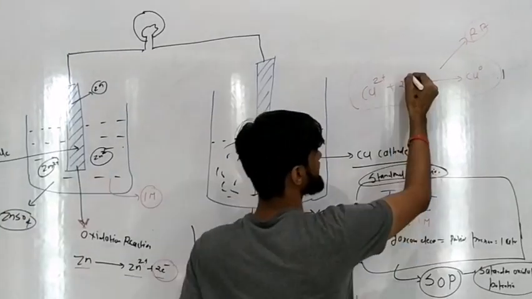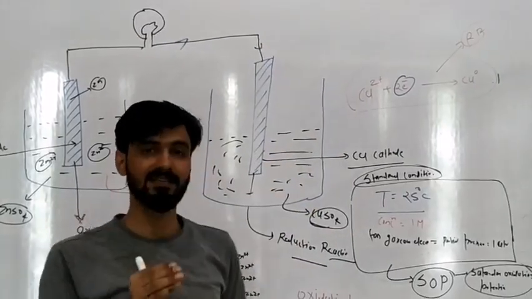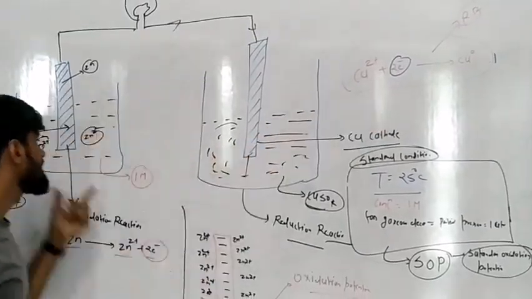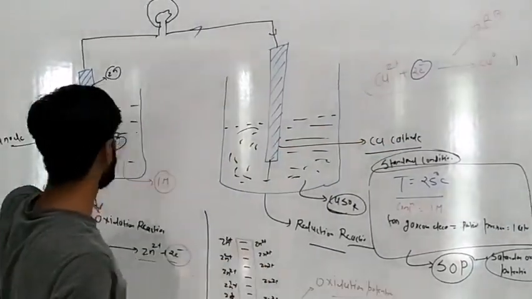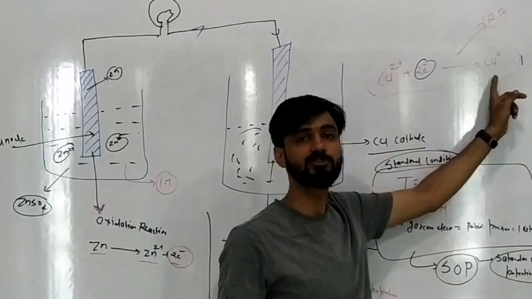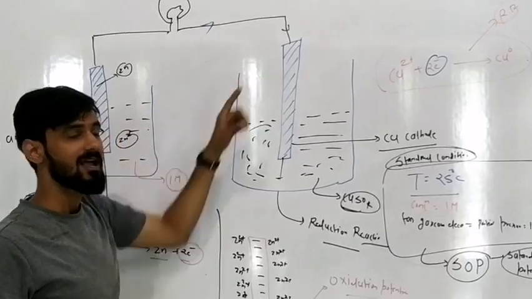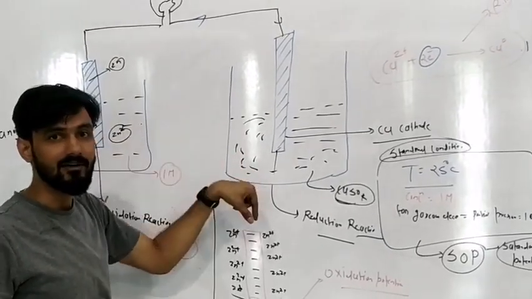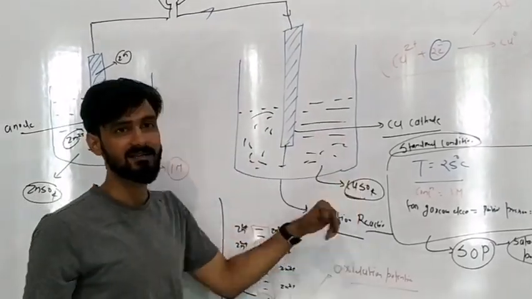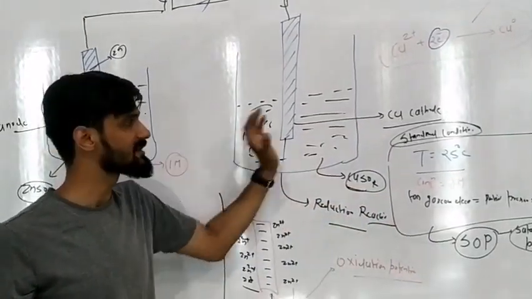My dear friends, understand one thing. If the electrons are coming from the anode, there must be a sink that will accept them. So the cathode works as the sink and the anode works as the source. The two electrons lost by the zinc are accepted by the copper 2+, which gets converted to Cu0. Reduction takes place, and the flow of electrons takes place from anode to cathode, and electricity gets generated. So we have already completed how a chemical reaction converts chemical energy into electrical energy. This was the main function of the electrolytic cell, and that's why we construct it.